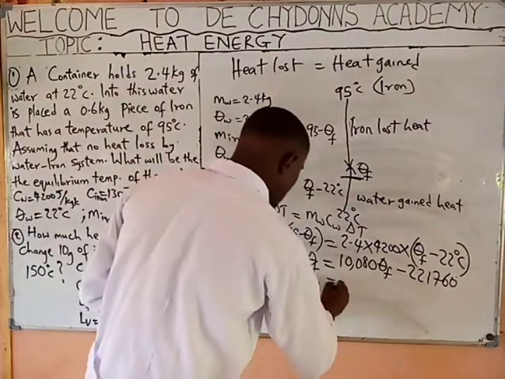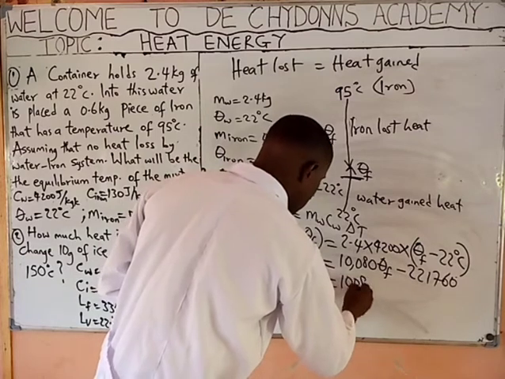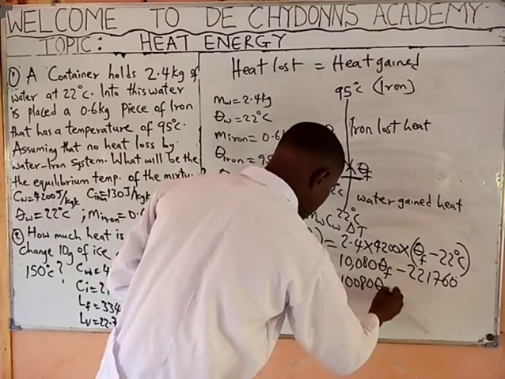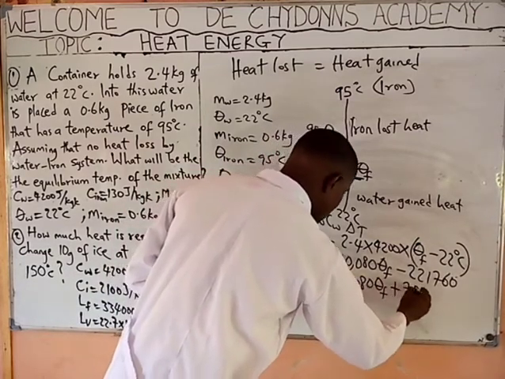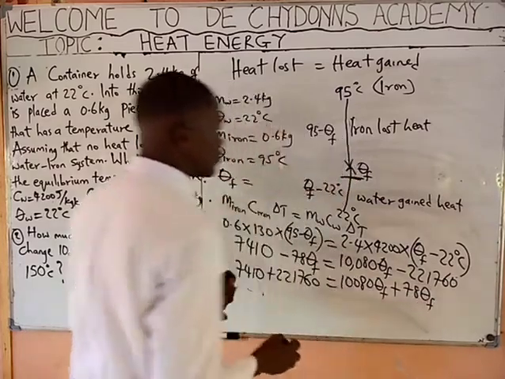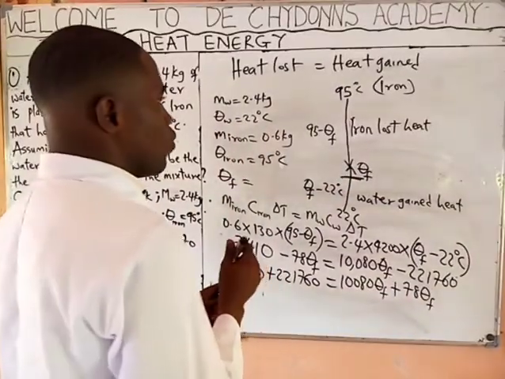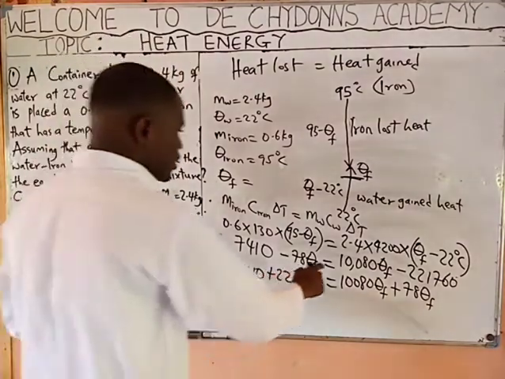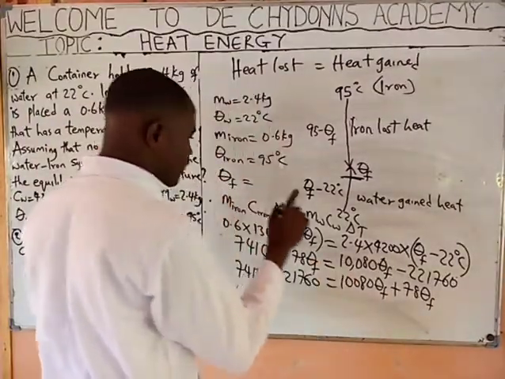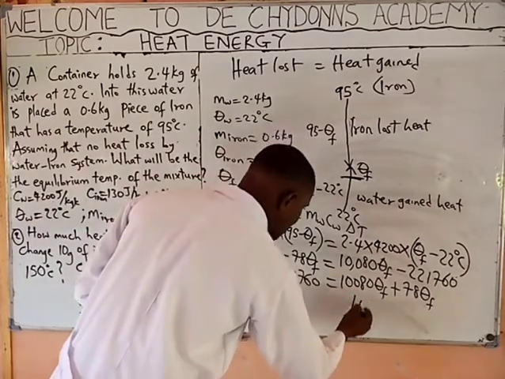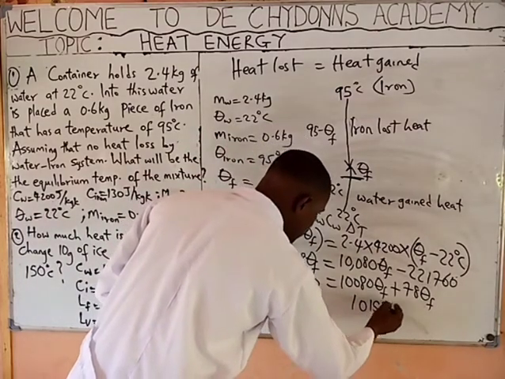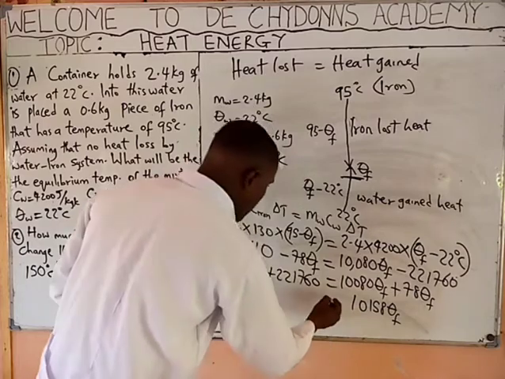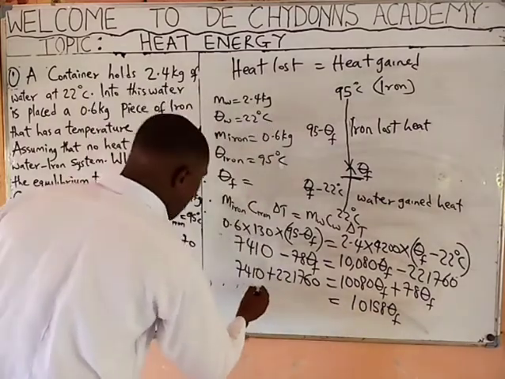Then equals to 10,080 theta F plus 78 theta F. So when you add the two, it will be giving you 10,158. This plus this, 10,158 theta F equals to this plus this, that will be giving you